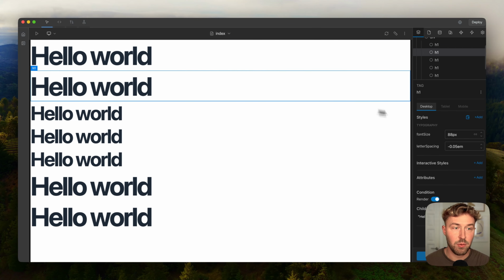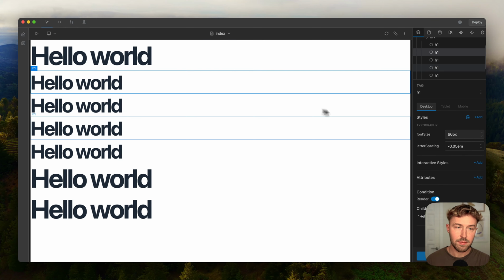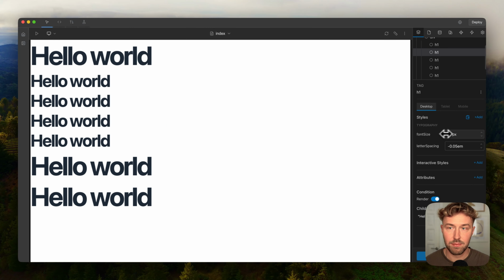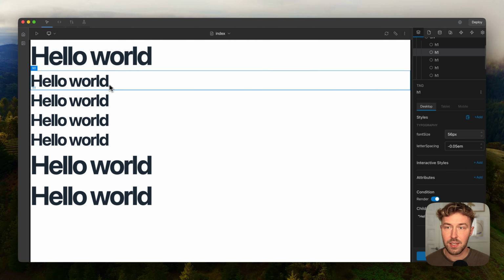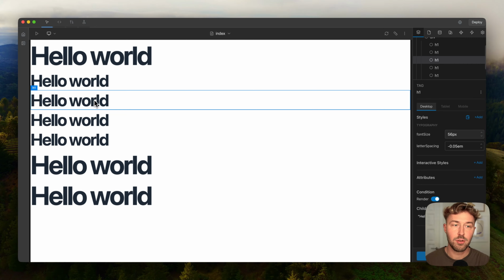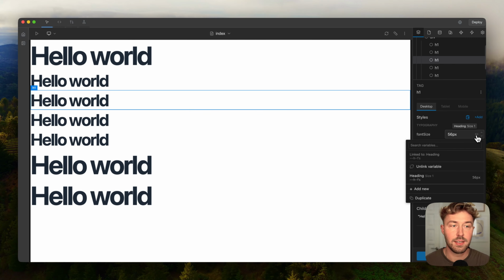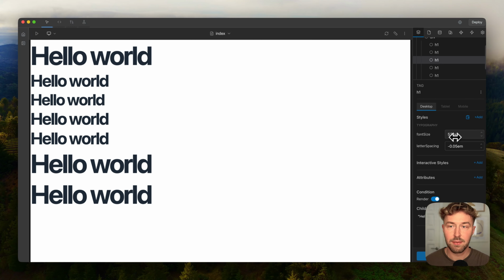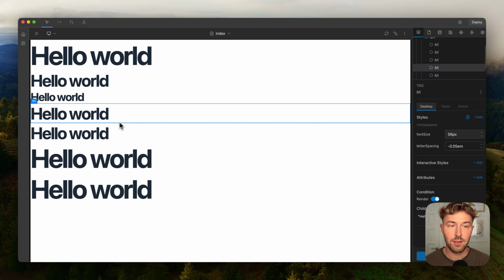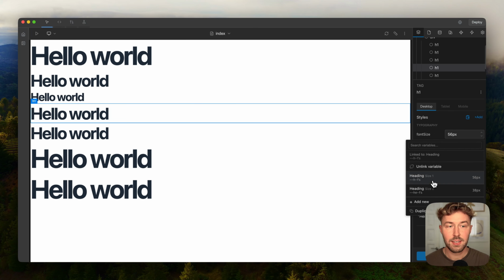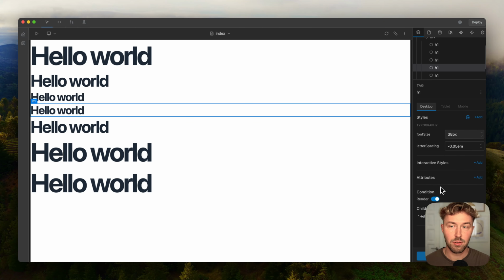For example, if I link it to this variable here, right now this is added to this variable. If I would like to add a variable for heading size 2, I can also click in here, click duplicate, pick size 2, and pick the value for size 2, and now I can decide if it will be size 1 or size 2. And this way we can create a system of variables which are connected in a very simple way with our elements. So in a very pure way we can make a system which is a little bit scalable,